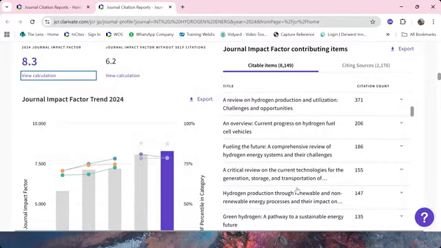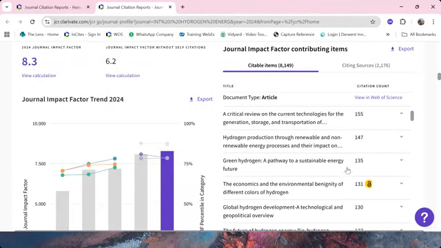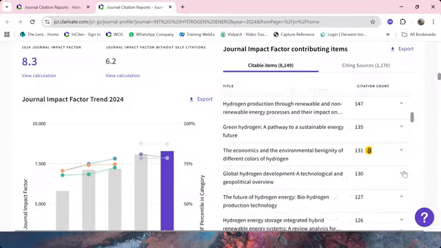And what are the articles that have been cited most in the journal this year? These are the items that have contributed to the calculation of the journal impact factor, and it can become a kind of short list of articles for you to read. You can also view the abstracts in Web of Science to understand the scope of the content. So looking at the citable items will give you an idea of the aims and scopes of the journal and whether your own research topic will fit into this journal itself.